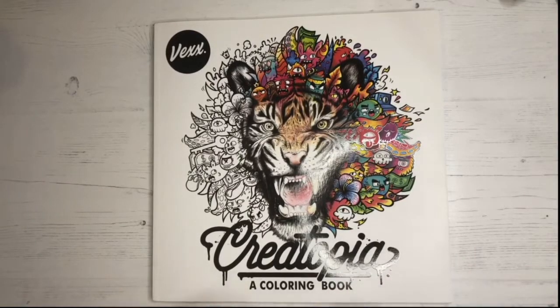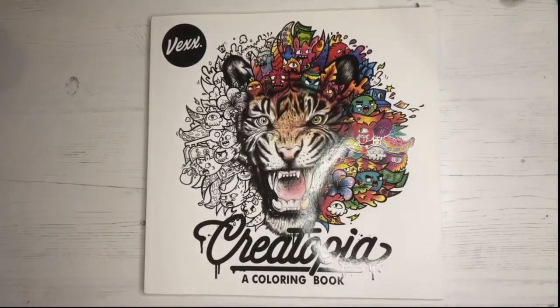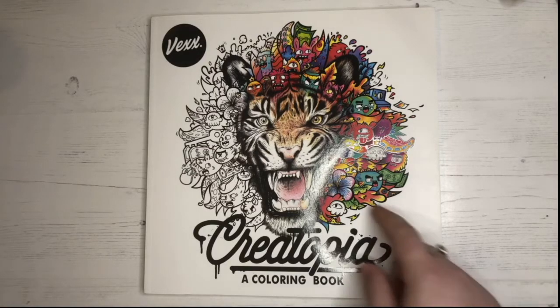But inside the book I am a little bit disappointed. So when I looked through it when it actually arrived, some of the images I wasn't really expecting, and I'm sure you'll see them. I was hoping that there was a lot of this, where it's a bit like the Kirby Roseanne style with the real life stuff merging in with other stuff, and that's the kind of image it